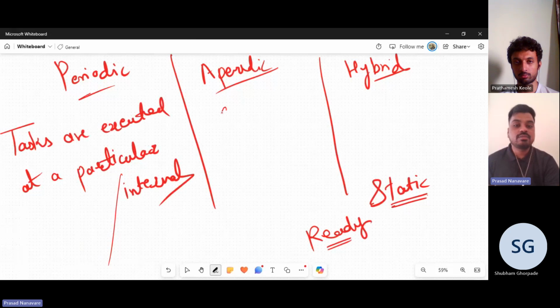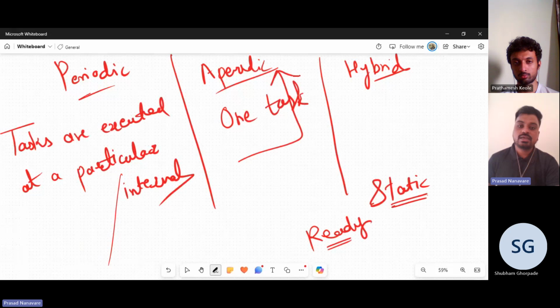अपीरियोडिक इज ओनली वन टाइम, या फिर मैंने कहा on an interrupt this task should execute। Okay, it is that type of task, it is aperiodic। Periodic is something that executes, okay, again and again। Hybrid is a task that combines periodic and aperiodic behavior। Means sometimes it is periodic depending on the situation। मैं ऐसे लिख सकता हूँ कि अगर ये इंटरप्ट आता है तो एग्जीक्यूट दिस टास्क इन दिस इंटरवल ऑफ टाइम। एक हाइब्रिड में आई एम टॉकिंग अबाउट। ओके, एंड ये इंटरप्ट नहीं आता है तो एग्जीक्यूट इट ओनली वंस। ओके, दिस इज हाइब्रिड बिहेवियर।